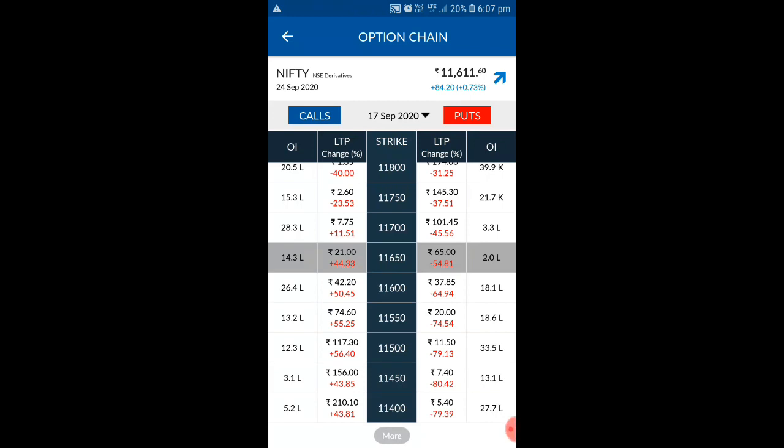Okay, and in the same way, just imagine today is an expiry, the expiry of 17 September, and you are sure that the market may go a little further up. So today or tomorrow the market may go up, maybe another 30 points, because today the current strike is 11,600. When you are buying, you are thinking the market may go a little more up, and you are buying this area, but it is almost 50 points up there, and it is not reaching that level, and this will go to 0.